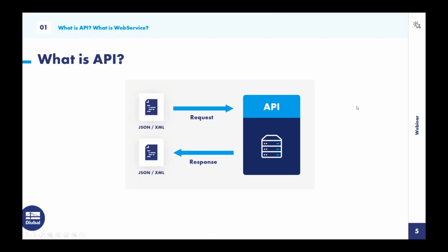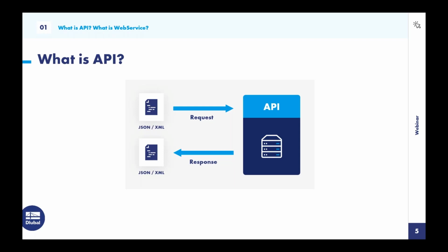Okay, so what is an API? API stands for Application Programming Interface, which is a set of rules and protocols that software programs can follow to communicate with each other. It essentially acts as a messenger, facilitating the exchange of information between different programs or services. By receiving requests, translating them, and returning responses, it enables the smooth transfer of data and functionality between different